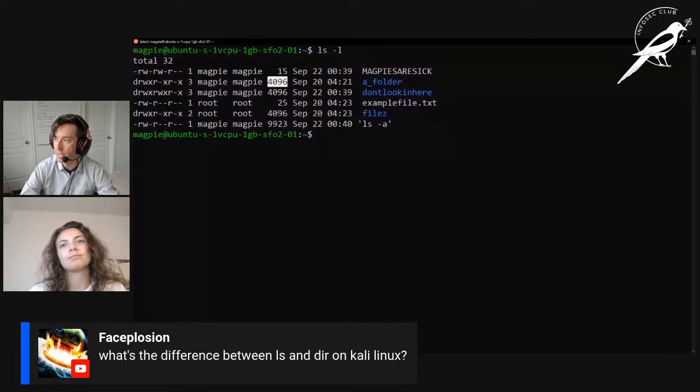It'll also tell us the size of files and folders and their creation dates. So we can see this one was just created just now. Times look like they're pretty off. They're probably just not set up properly.